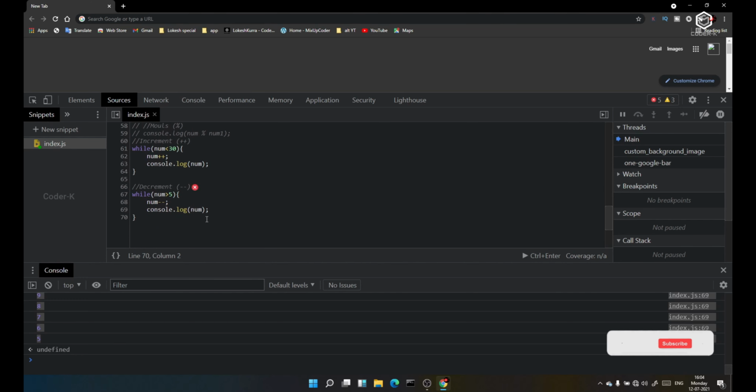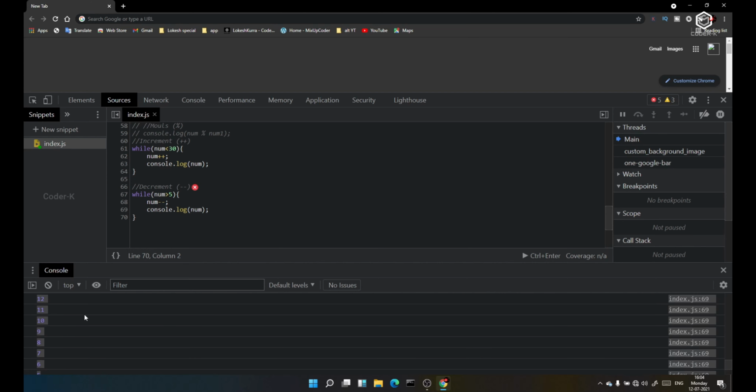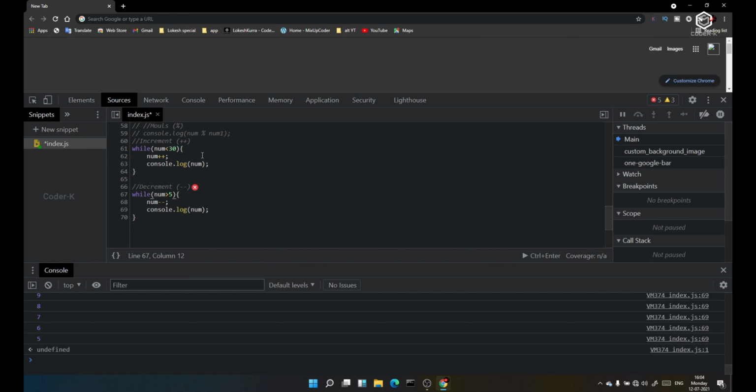Yes, this is the decrement operator, guys. You can see it decreases the things from 30, 29 up to 5. Here we provide some number 10. It also decrements the things. Here it increments to 30. Now here it decrements from 30 to 5. We provided a 5. It decrements 30 to 5.